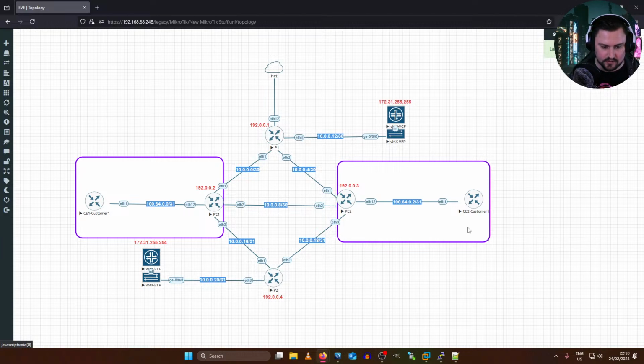And you could think of these two purple blocks being a customer, like customer 1, and they'd be able to exchange routes and learn each other's routes and get to each other's sites through our MPLS cloud, which is in the middle of the provider network. We're providing them a means to do this, which is what I love about service provider networking, because you're able to provide these very specific services to customers.